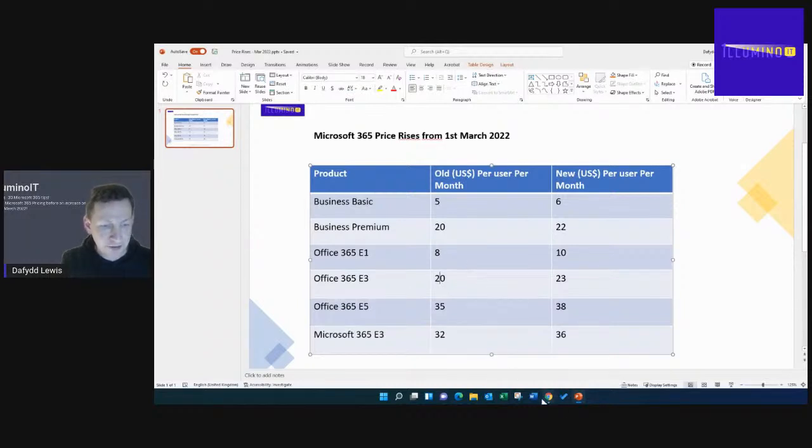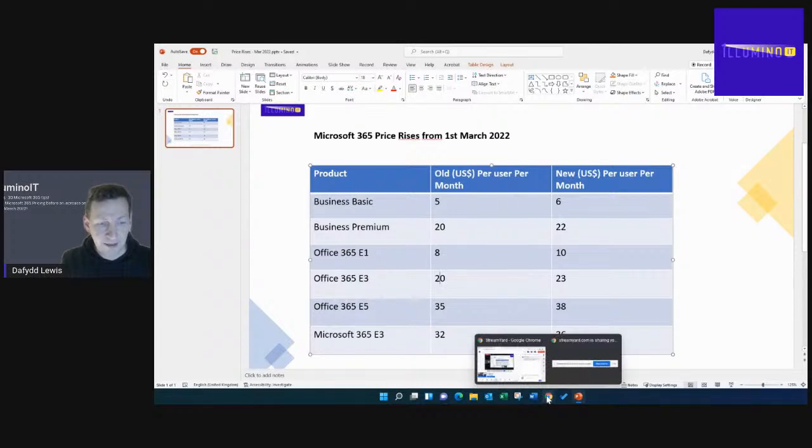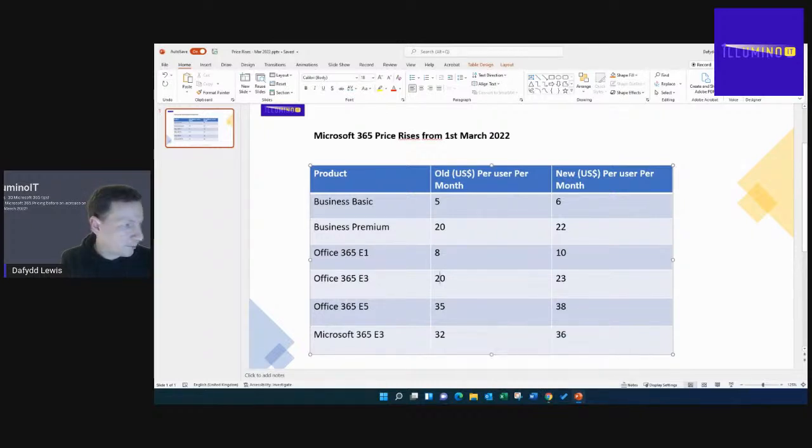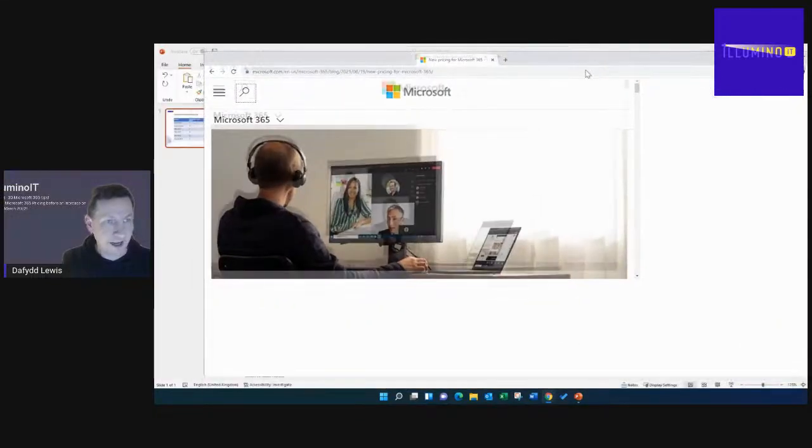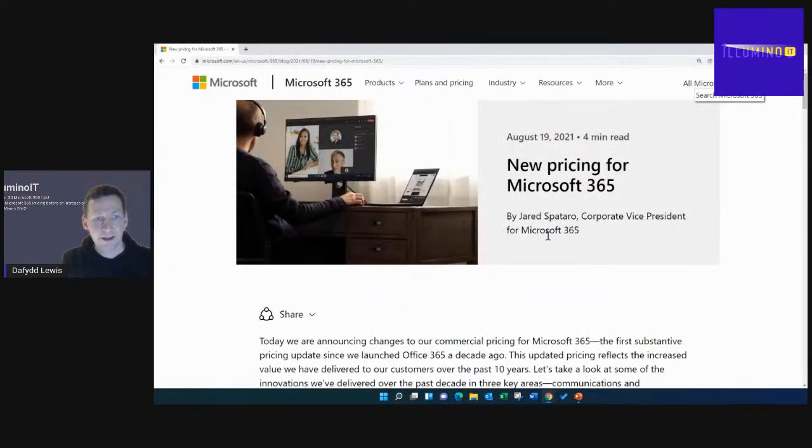Now, there are some reasons why Microsoft say that they're making these price rises. So I am just going to bring in this is the actual blog where this was released. So this was released in August 2021, and this is when they told the world that there was going to be a price rise